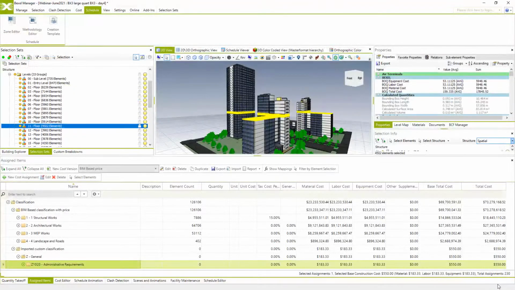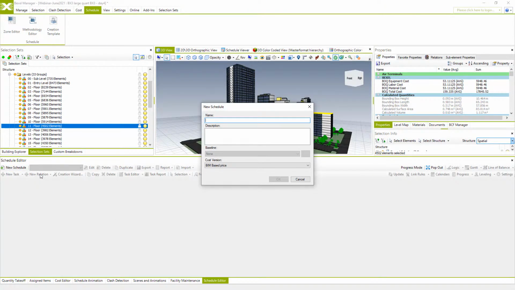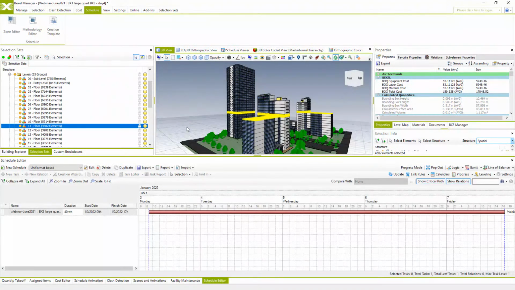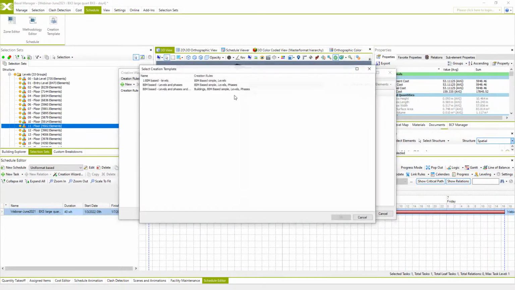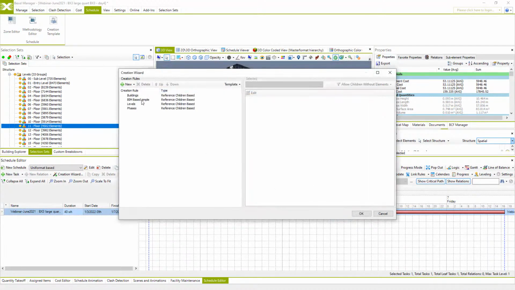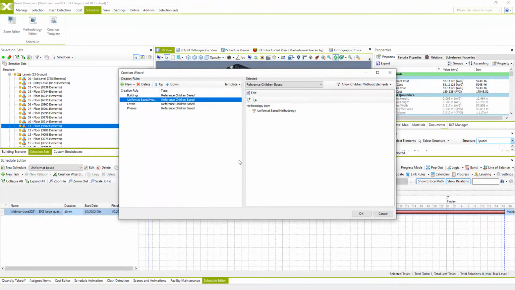Now when everything is checked, we can create a new schedule. I will go to Schedule Editor and create a new schedule, uniformat based. Link it to a uniformat based cost version, hit OK and wait for a few seconds. And we can use Creation Wizard again and load the imported template. Since I forgot to save a template with uniformat based methodology, I will load BIM based and then I will also change the reference of this methodology to uniformat based methodology